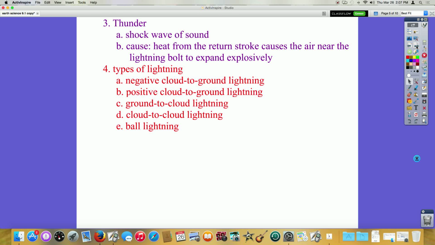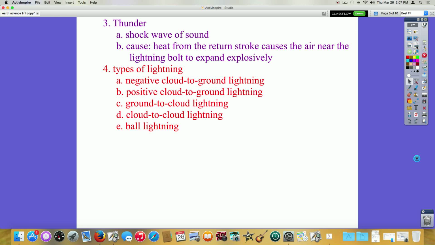Cloud-to-cloud is actually fairly common. Sometimes you might see it if you're flying in an airplane descending through a storm. And then even rarer, one of the rarest, is called ball lightning. It's a rare phenomenon that consists of a small sphere of electricity that seems to float in the air for several seconds. Although this type of lightning has been seen by a variety of people, scientists do not understand what causes it to form. We have stories about ball lightning, but it hasn't really been studied yet. So we really don't know the circumstances that cause it to form into a ball instead of moving from point A to point B like all the other ones.